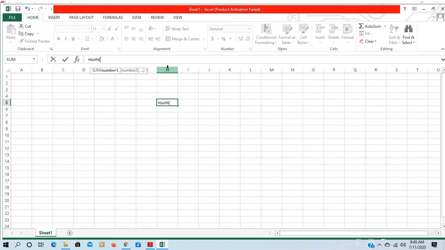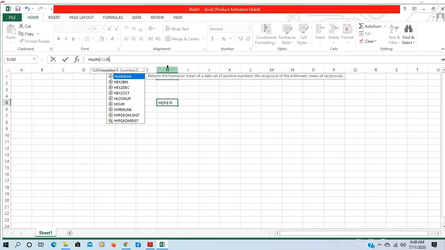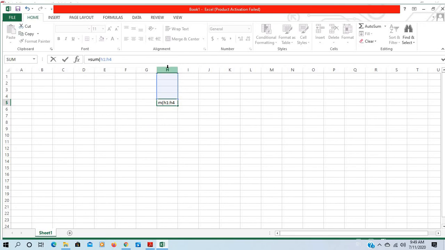For example, I am writing the formula h1 2 h4. And then enter, and it gives me 0. When we click here, we can see the formula in the formula bar. If we write here any number, for example 2, 3, again 2, I have written 3, then 5 or 4, then it automatically adds the numbers.